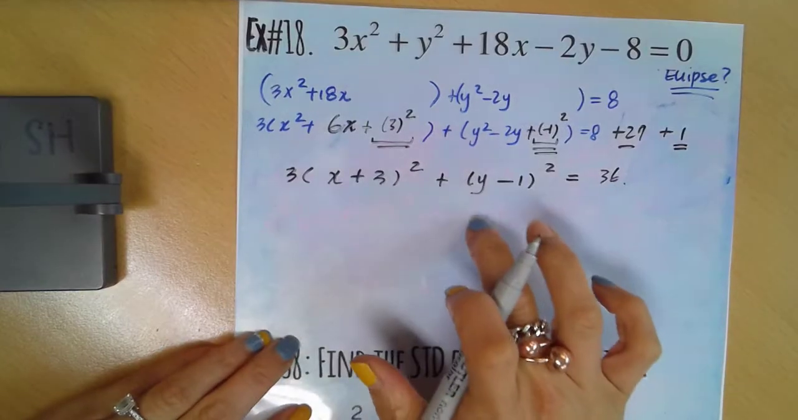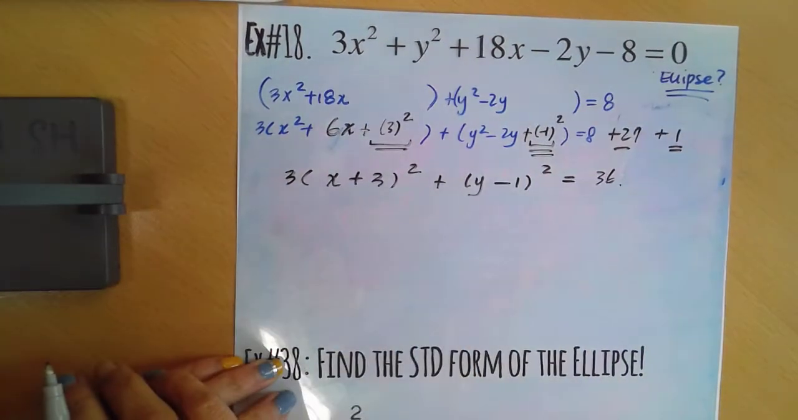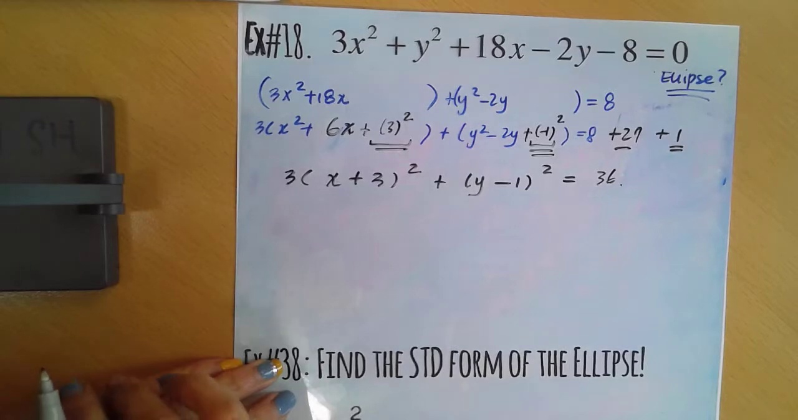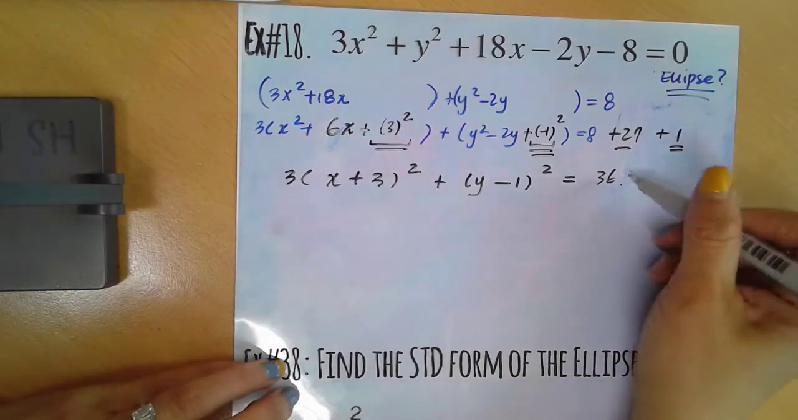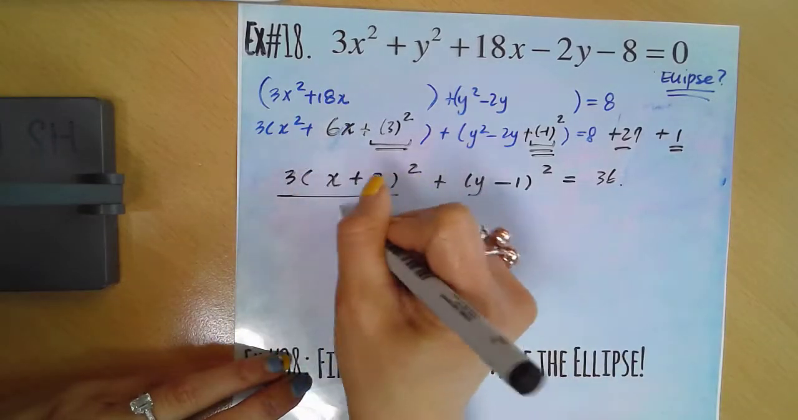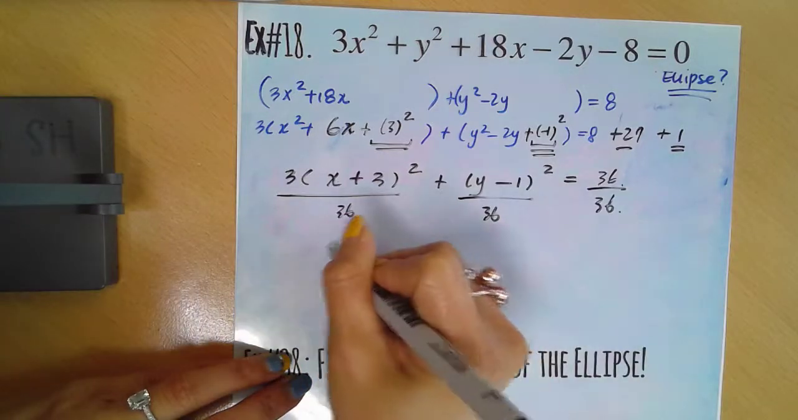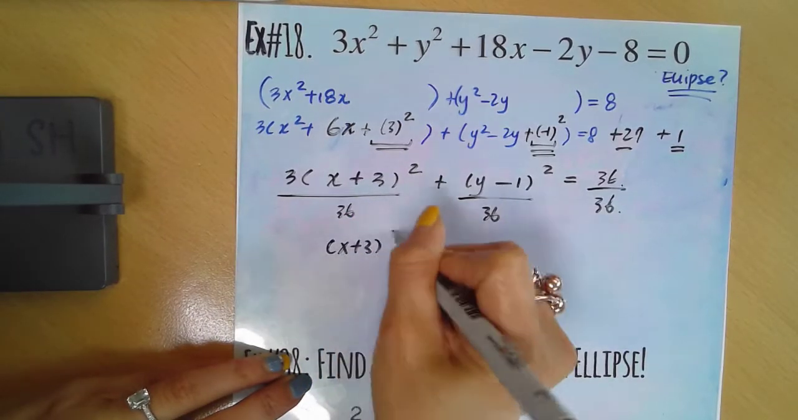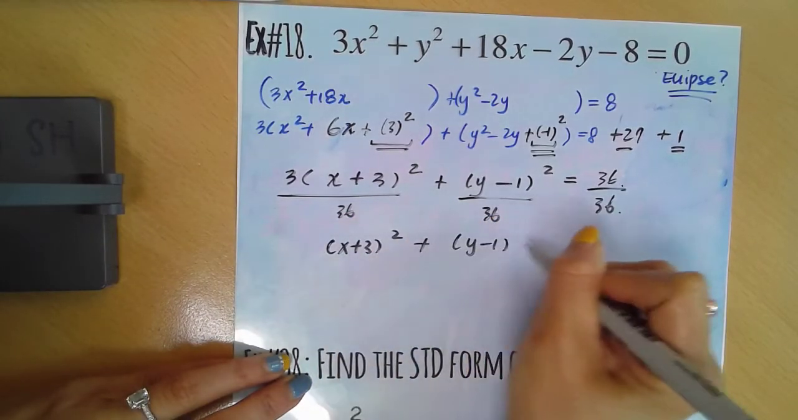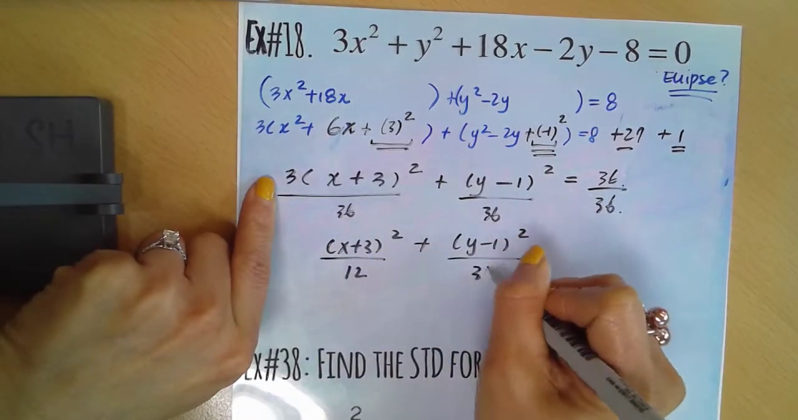Oh, it's almost the standard form of an ellipse. So what should I do next? What should I do? I need this to be a 1, right? I need this to be a 1. So I'm going to divide everybody by 36. Divide everybody by 36, and I get (x plus 3) squared over 12 plus (y minus 1) squared over 36